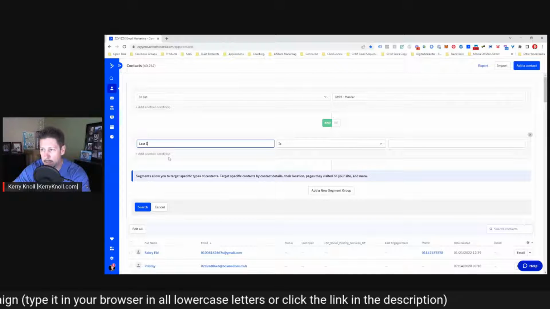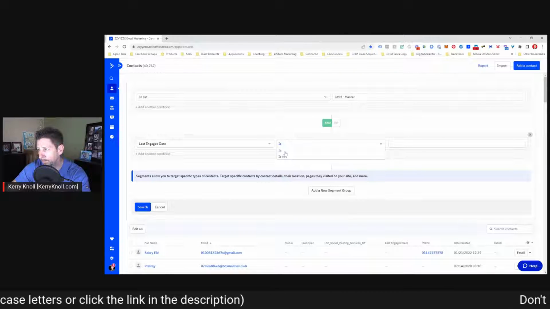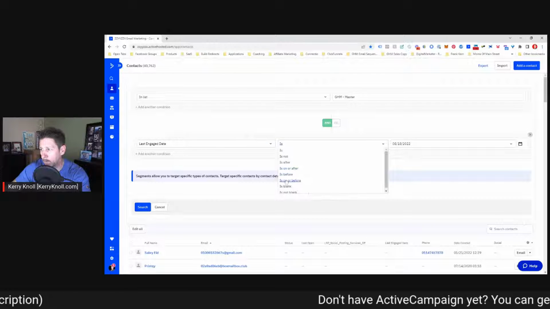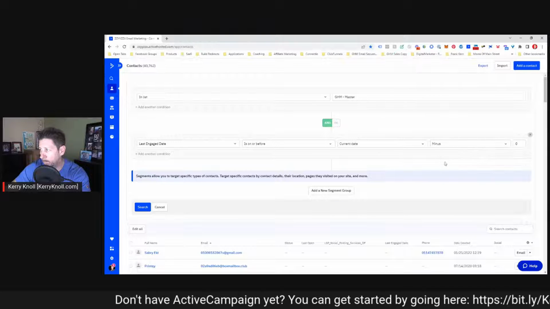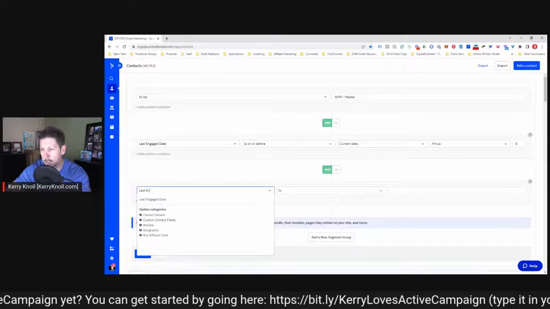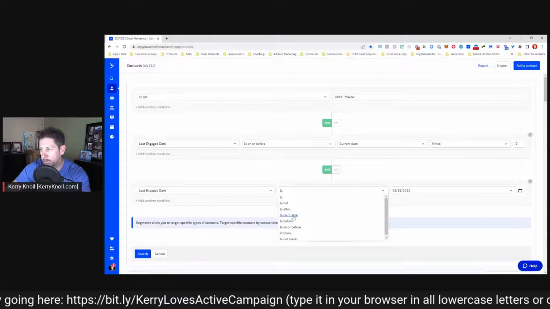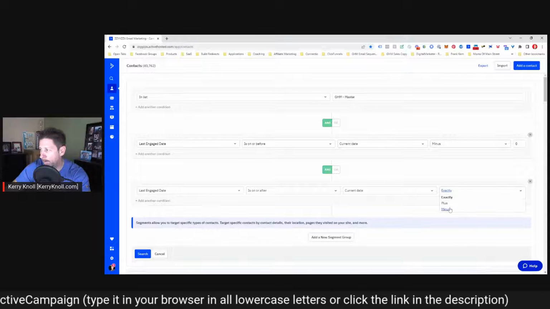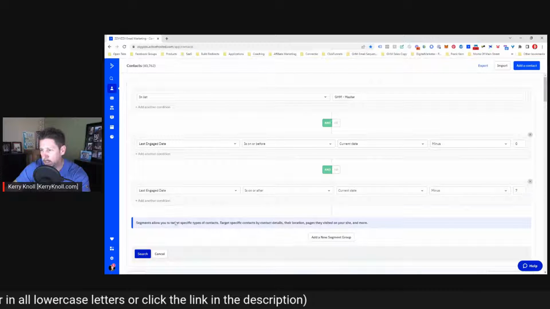Last engaged date is on or before current date minus 0. Add new segment group. Last engaged date is on or after current date minus 7. And if I click on search,